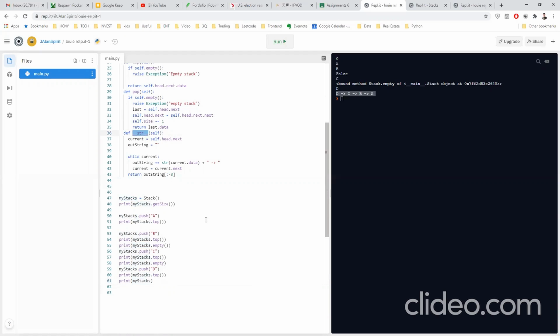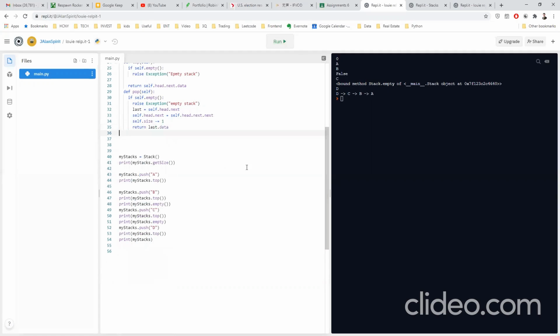So if you have a string function defined, when you call the object, this string function will be called by default. If I run this, as you can see, I get the same result. But if you don't have the string function, look at that. If I call the object, you're just getting the memory location of the object. So that's different.